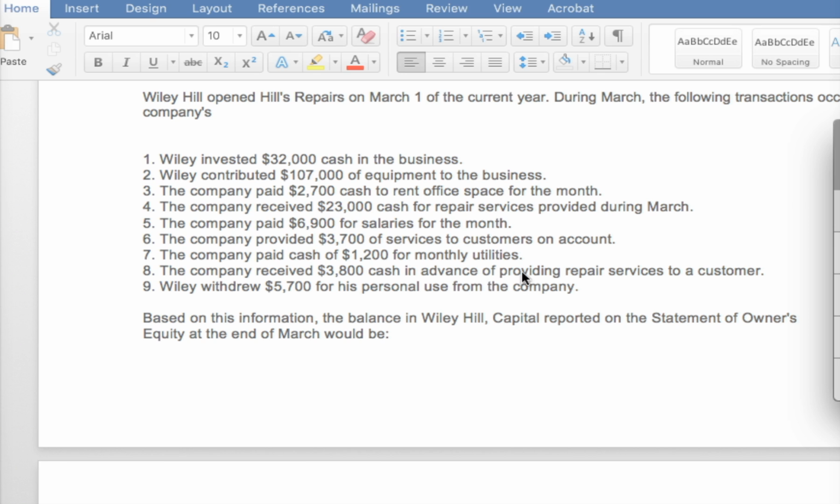That's the unearned revenue in number 8, so we won't do anything with that one. And then finally, withdrawing money from the company reduces capital. So my total there would be